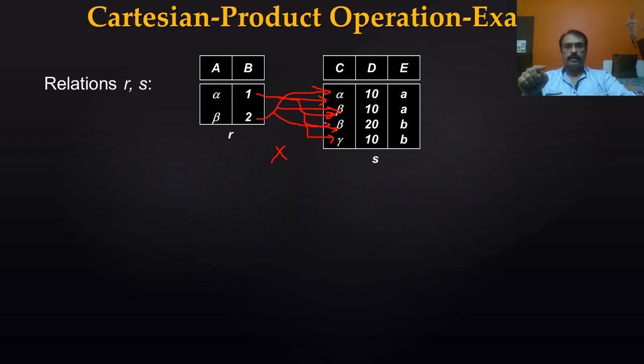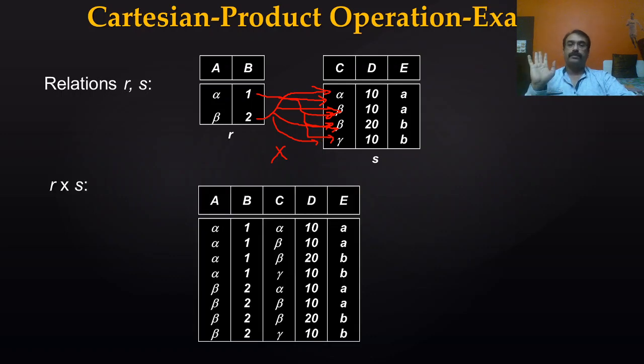The second row will also be multiplied with all the 4. Okay, so resulting into a bigger relation in this way. What will happen here? It is known to you, we are just revising, but in the context of a database management system, the first row will be multiplied with all 4, resulting into 4 rows in the result, and the second row will also be multiplied with all the 4 rows, adding 4 more rows in the resultant.